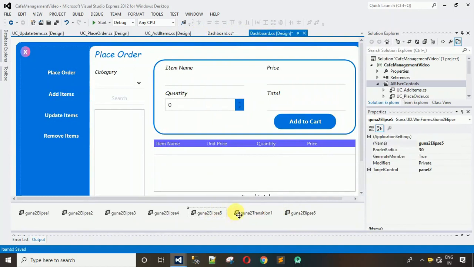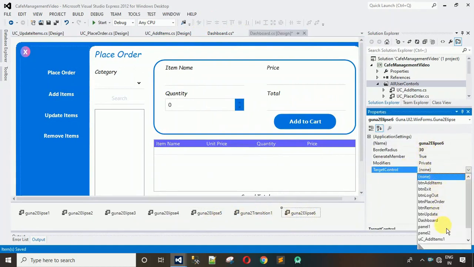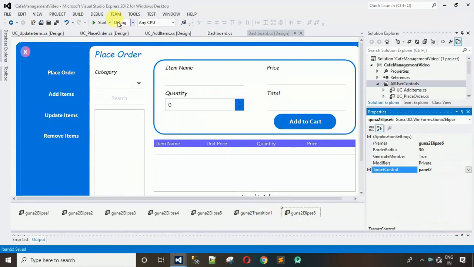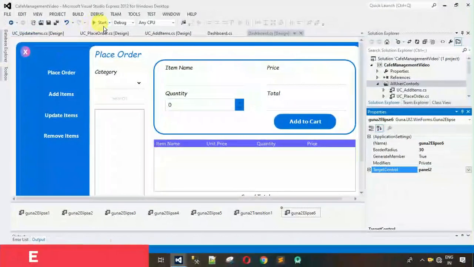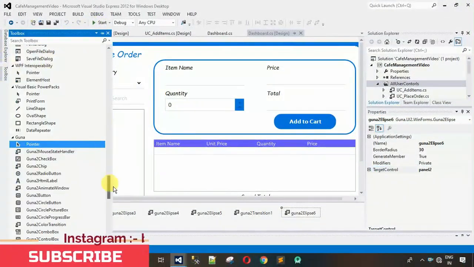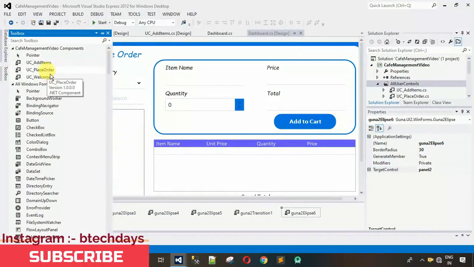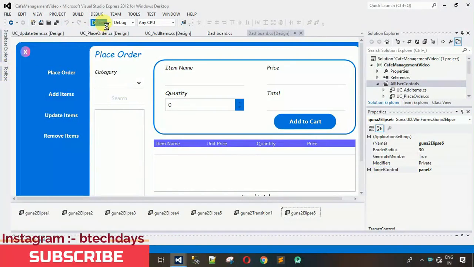Move back to the dashboard and paste it over here. And here you have to do just one thing, that is change this target control to panel 2 and save this. After this, you have to actually start this project in order to load that user control into the toolbox. Here you can see this, in the toolbox you can find UC update items. Here you can see we don't have that. So when you start this,